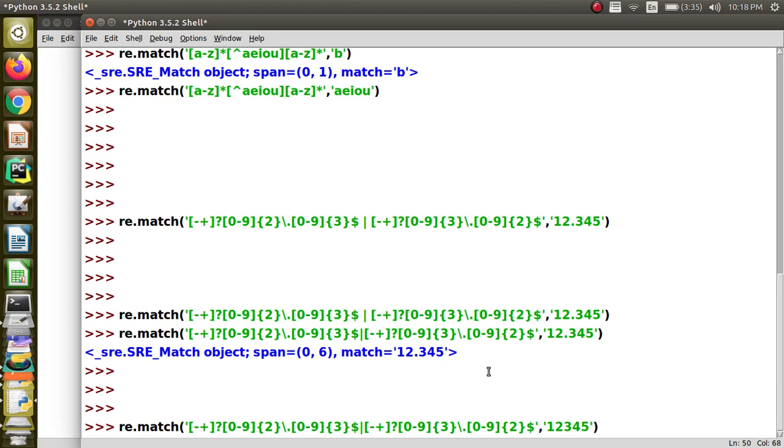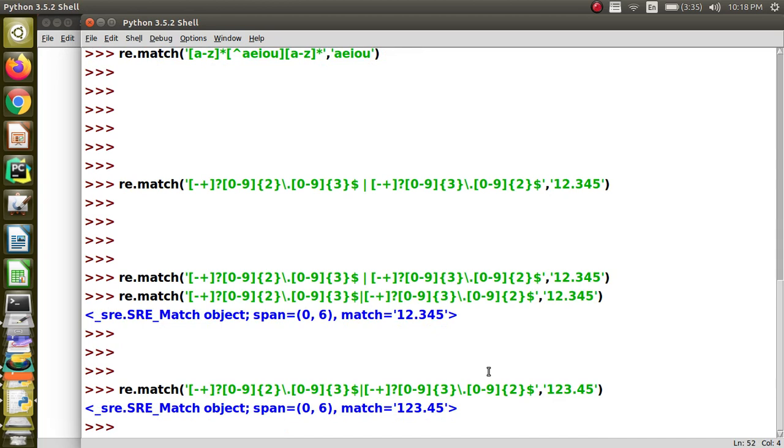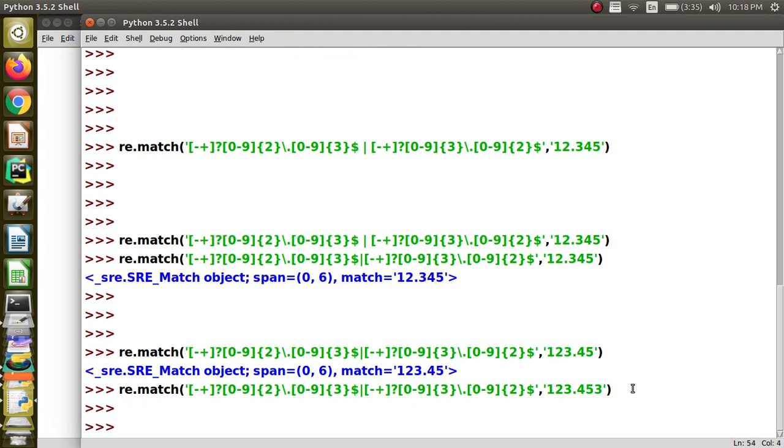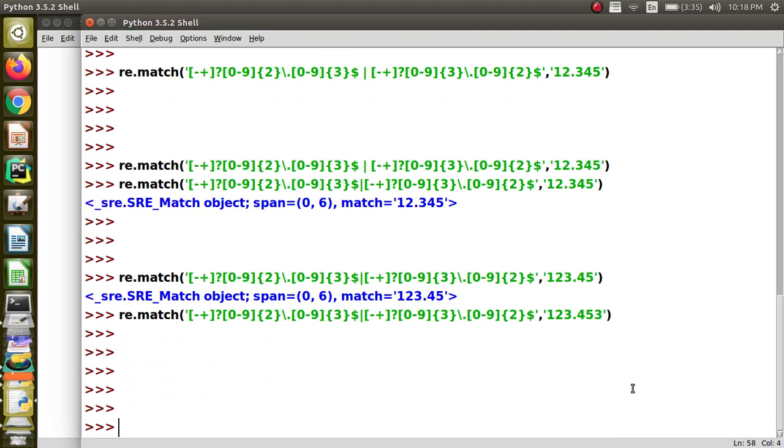Similarly, it will also match if there is 3 digits in the integer part and 2 decimal places. If I am giving 3 digits in the integer part and 3 decimal places, then it will not return anything. It's not accepting. Like that we can consider, because our code we will check with if condition. If none is returned, then it's not accepting.